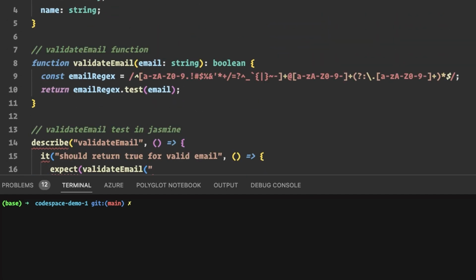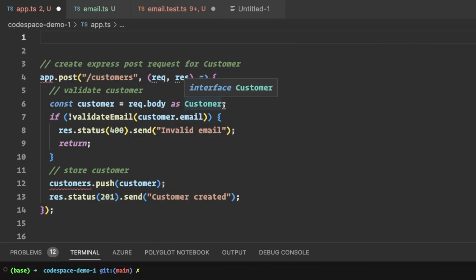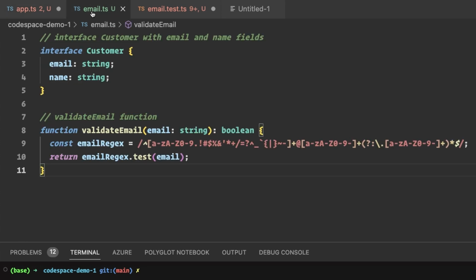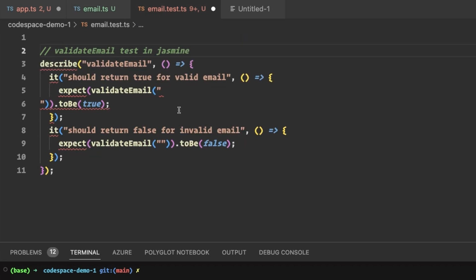Now, of course, you're not going to put all this code into this one file, right? No, I'm not going to do that. I'm going to move code about, and you're going to see exactly how I'm going to do that. So let's do that next. Okay, we have moved some code out into various files. We have an email.ts where the interface and the validate email function go. We've got test code that belongs in a test file.